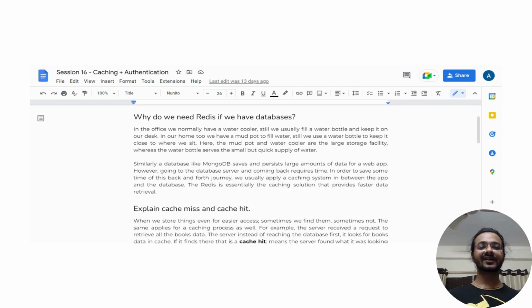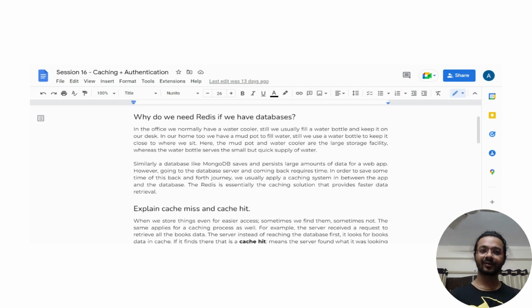So whenever there is a write operation happening in the database, if we have any cache related to that data, then we should either update the cache or delete that cache. So the next time there is again a read request, it will go back to the database, read the fresh data and store it into the cache,